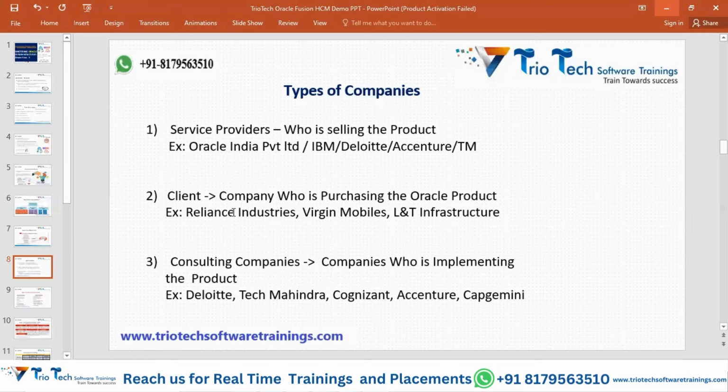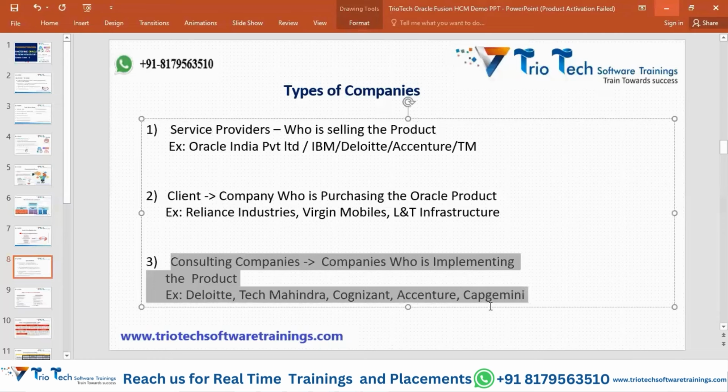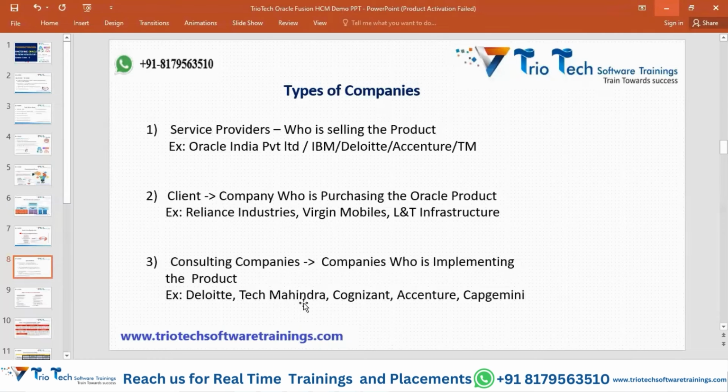And where we will land once you learn this technology, you will be working majorly in these companies, team, in the consulting companies, in so-called IT or software companies in the market. Okay, so-called IT or